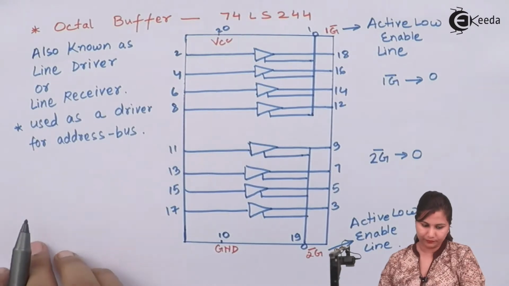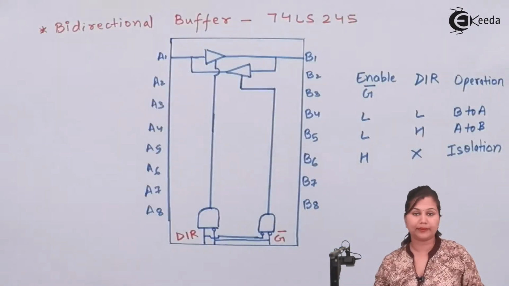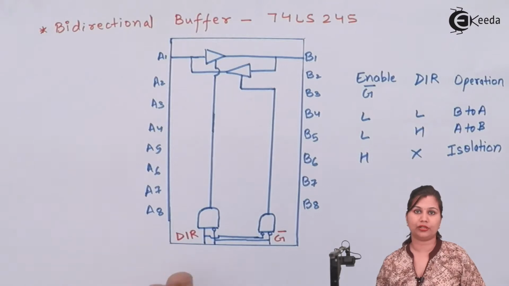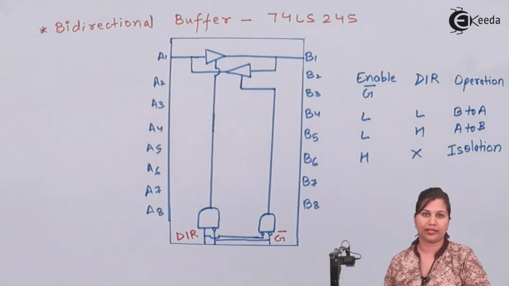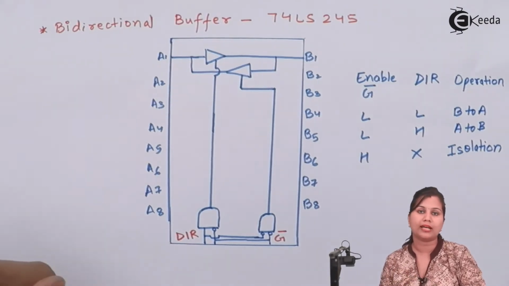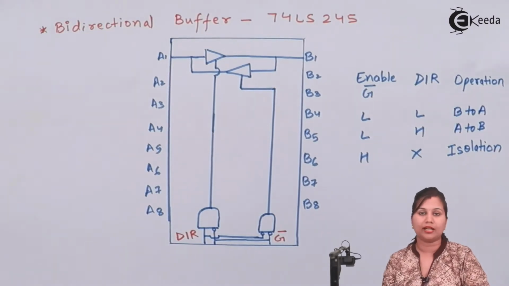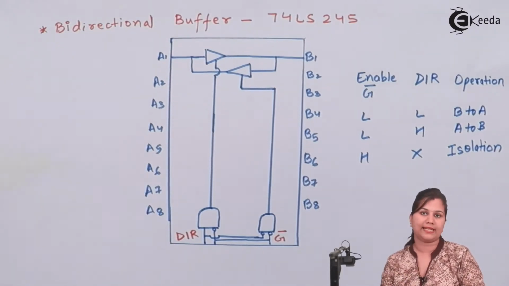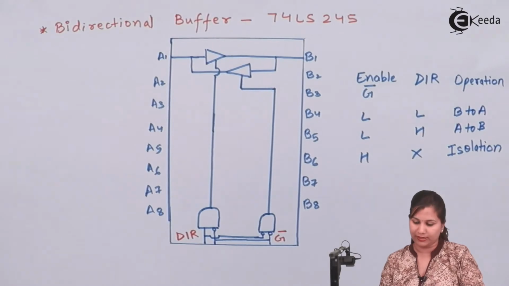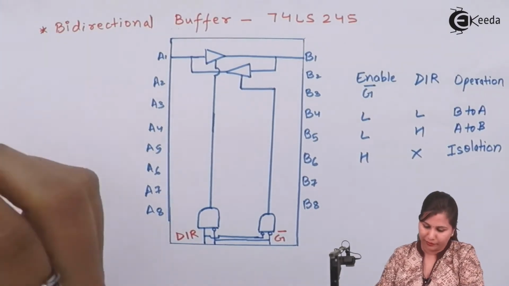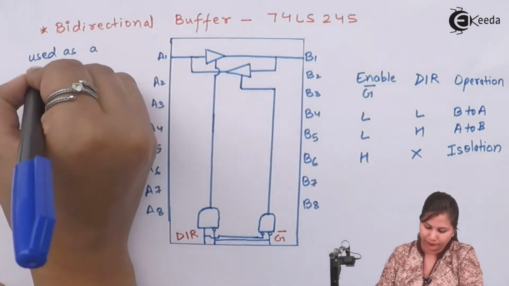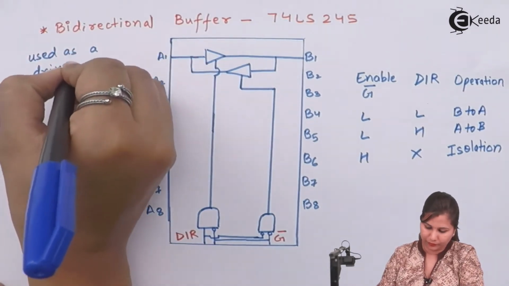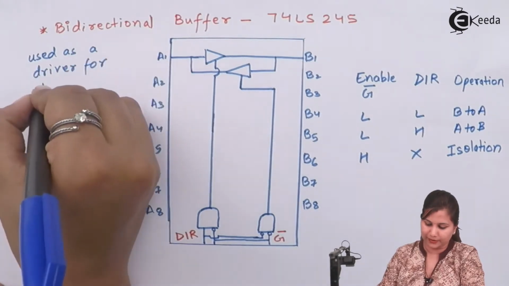Okay. Now the next example is that of a bi-directional buffer. Bi-directional buffer means it allows the data to be transferred in both directions, that is from input to output and from output to input. That is, on both sides the data is being transferred. So this bi-directional buffer is used as a driver for the data bus,